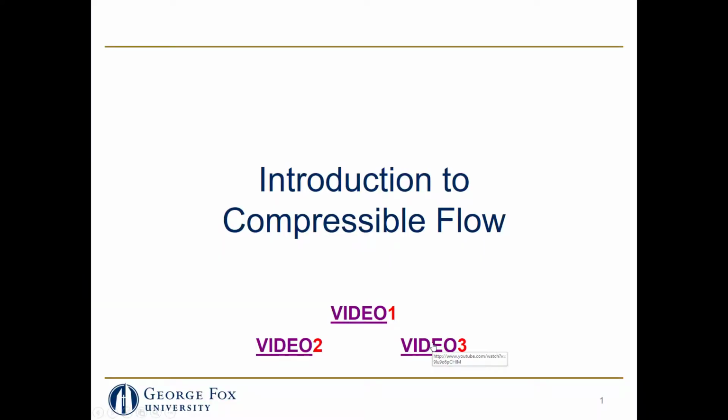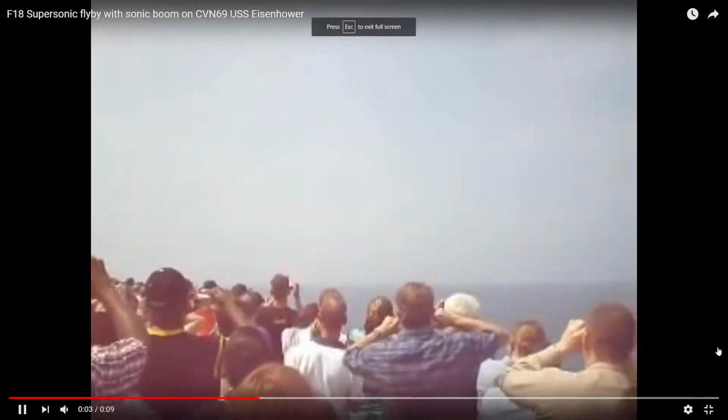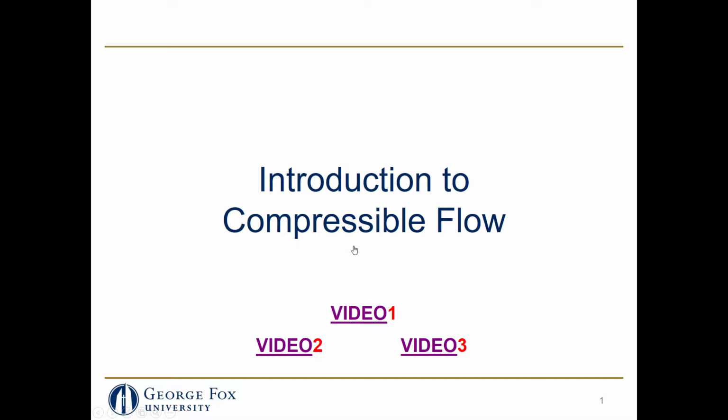And finally, we'll show you video 3, which is very similar to video 2, just a different perspective. All right, so 3 videos, 2 of them very similar. But how did the bull have anything to do with the flight of the